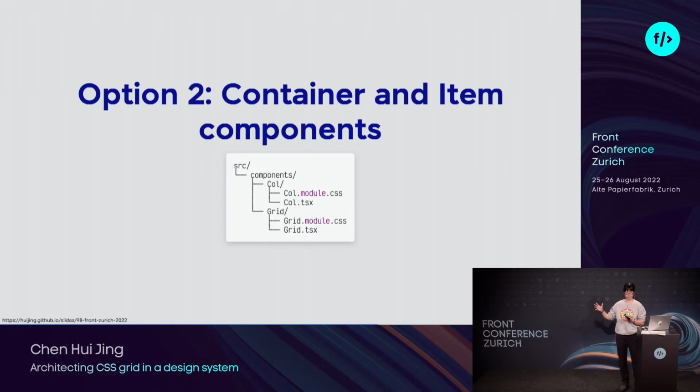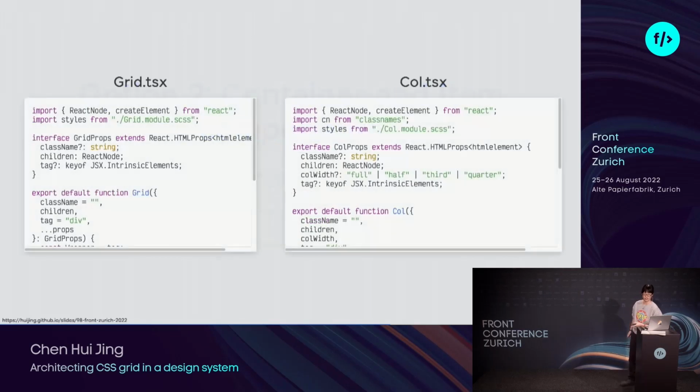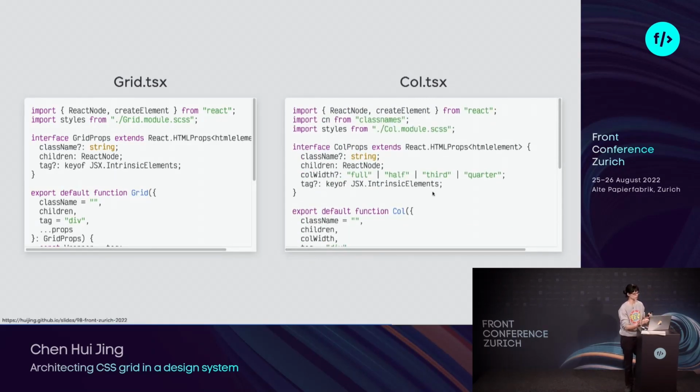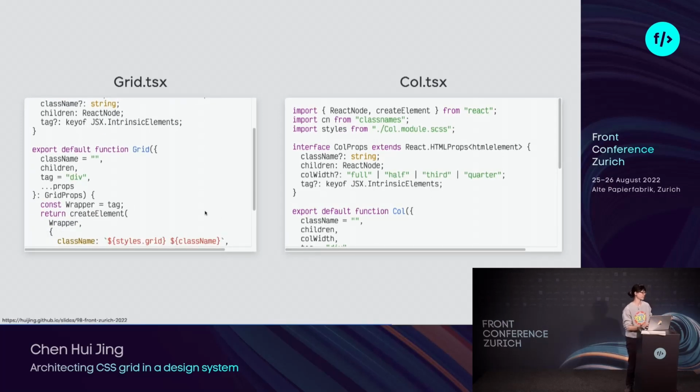But this particular setup for option 2 involves creating a grid component and a column component with their corresponding style sheets. And these components, because they don't do much other than just provide grid-related styling, are not very long, pretty short, not very big, not very complicated. They have props for passing custom class names. You can also modify the element tag, which defaults to div, but you don't want to use a div for everything. There's so many HTML tags, so you can customize that. Generally, it doesn't restrict users from passing other props because you want to keep this as lightweight and single function as possible. So something like that might work.